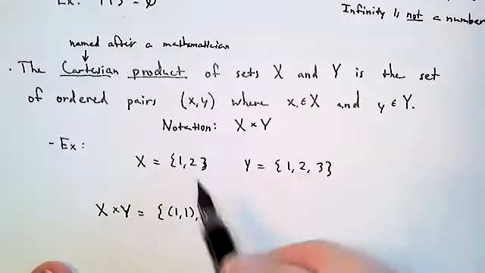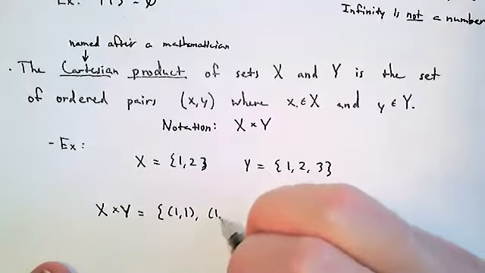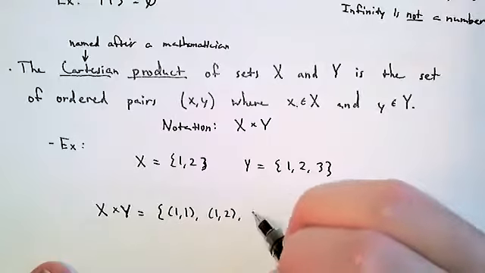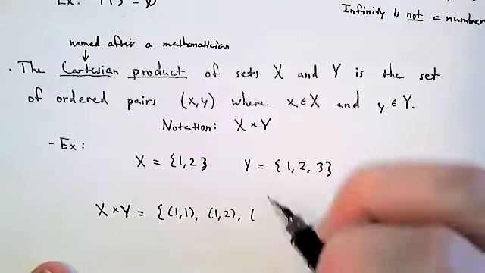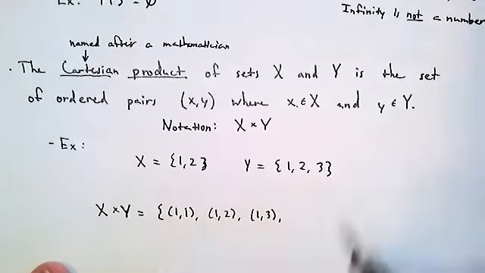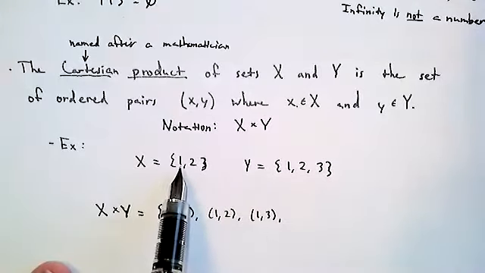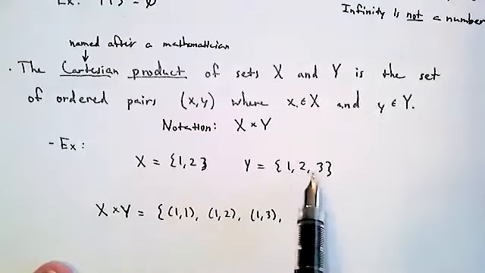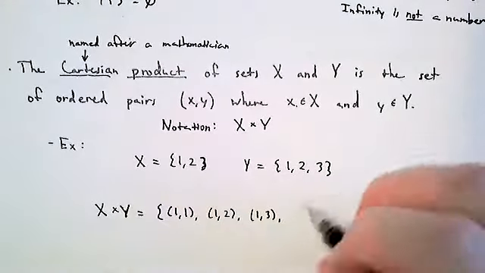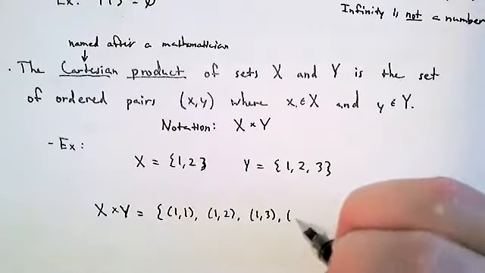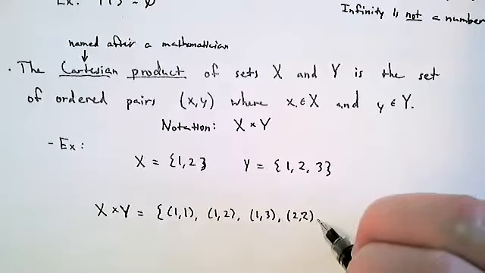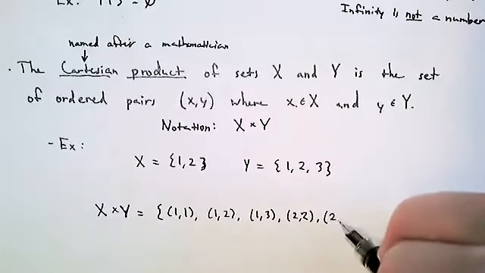Then I could have 1 for my first number, and then 2 for my second, (1, 2). I could have (1, 3). Okay. So that finishes off 1. I've already paired it up with everything over here. So I'll have to move on to 2. Right, (2, 2) and (2, 3). Those will work. But we should also add in